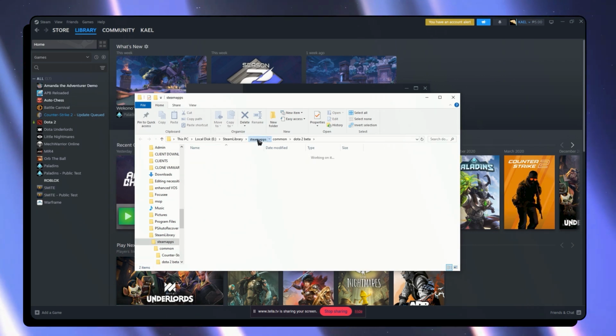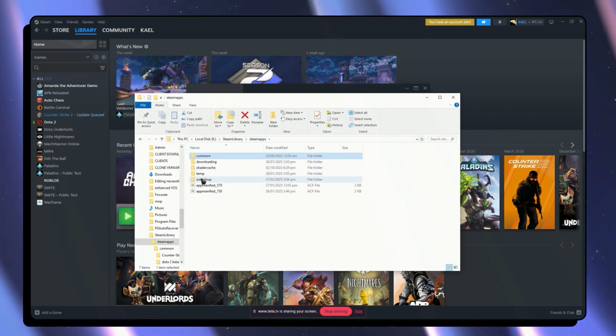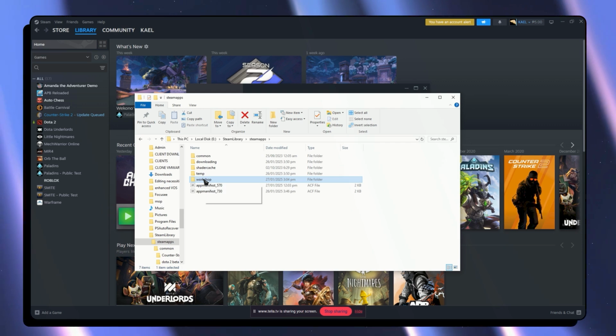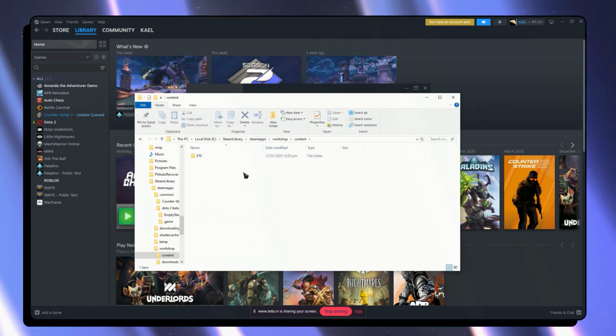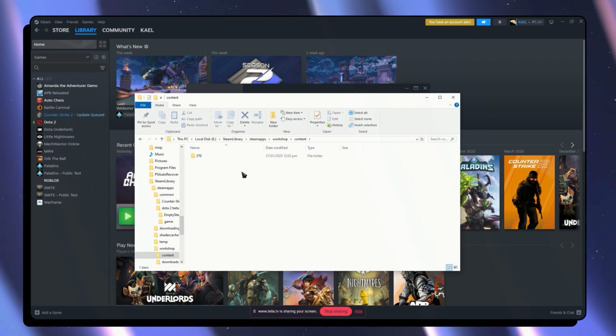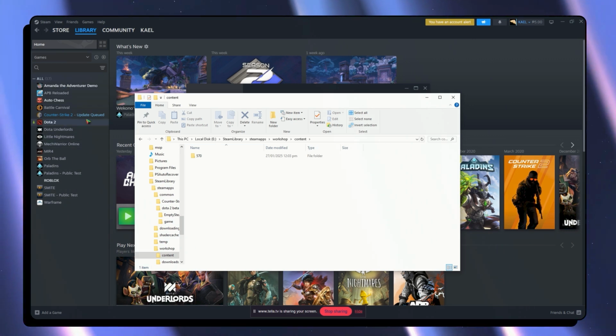here you want to navigate into the Steam apps, and then from here you should now be able to see the workshop folder. So just click on it and then go to the content. This is where you would be able to see all the workshop contents of your installed games here in